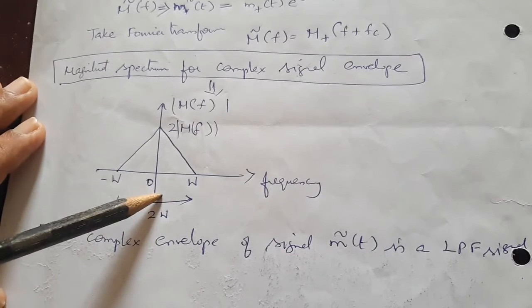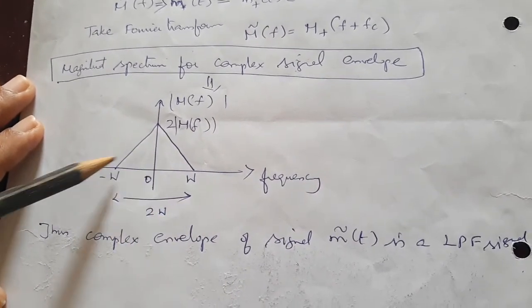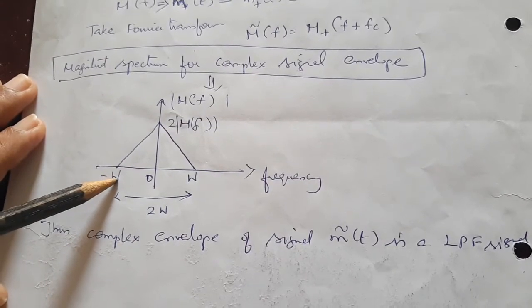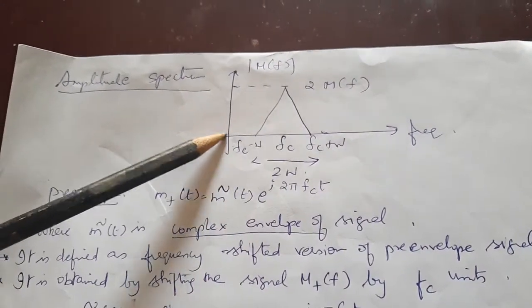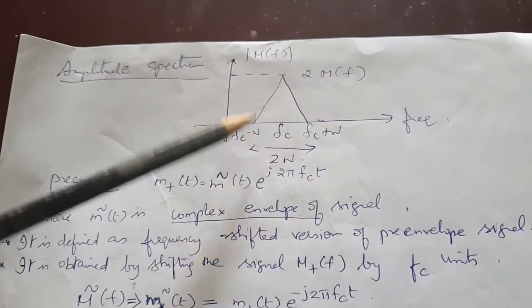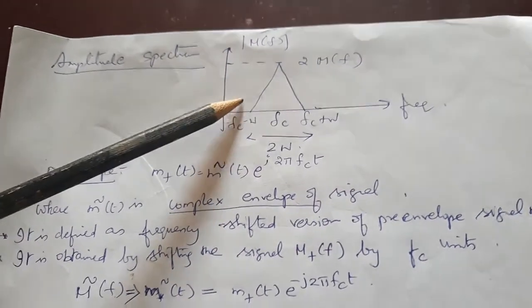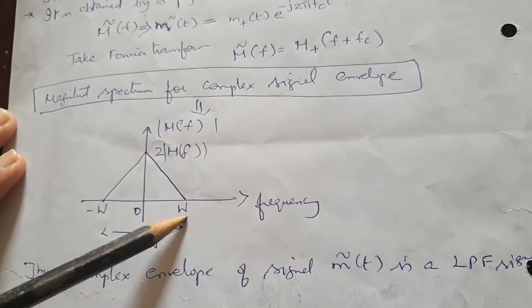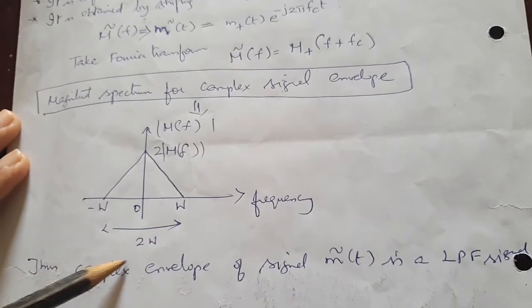So your function is shifted. F is at 0 point. It will have plus fc and it will have minus fc. So come to this equation. When fc is equal to 0, this will come to the origin point. When fc is 0, this will be plus w. Fc is 0, this will become minus w. That's how your pre-envelope amplitude spectrum is converted into a complex signal: at 0, w and minus w. Now calculate the bandwidth. Again the bandwidth will remain 2w.